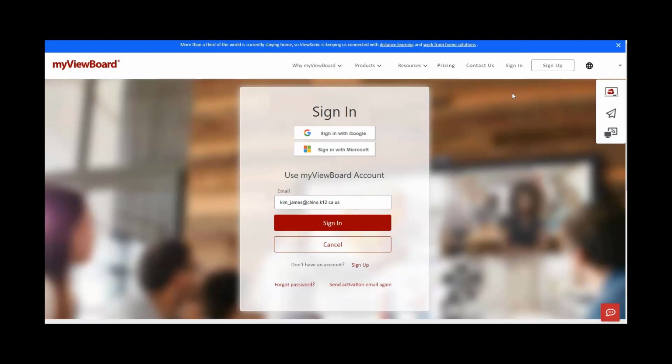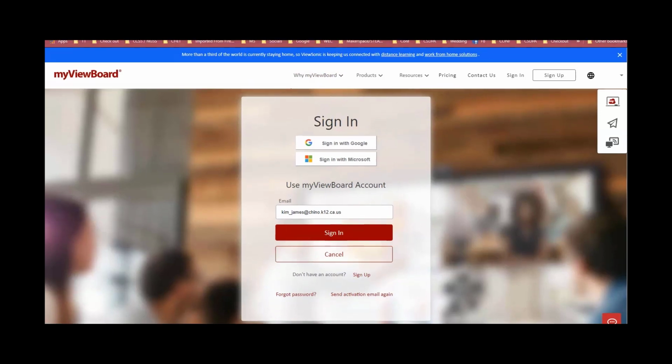But just a warning before you do, it's pretty robust. It's got tons of bells and whistles, and this short video is only showing you how to access it. And right now there's a lot of things we need to be doing, and so giving you a training on all the different tools inside MyViewBoard is probably something we won't see for a little while. But right now I have gone into the